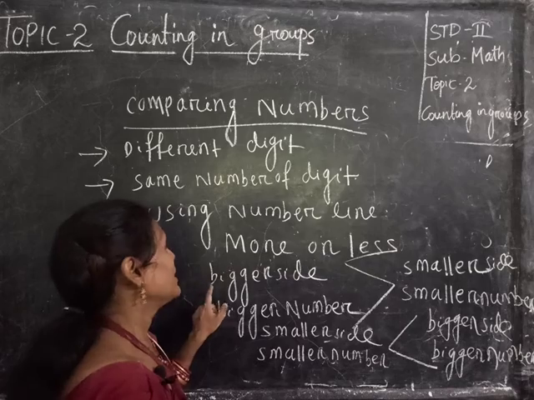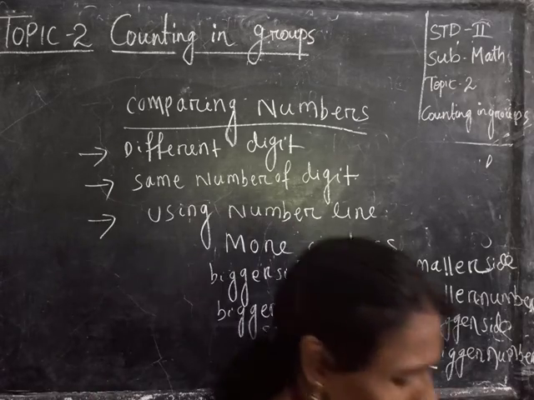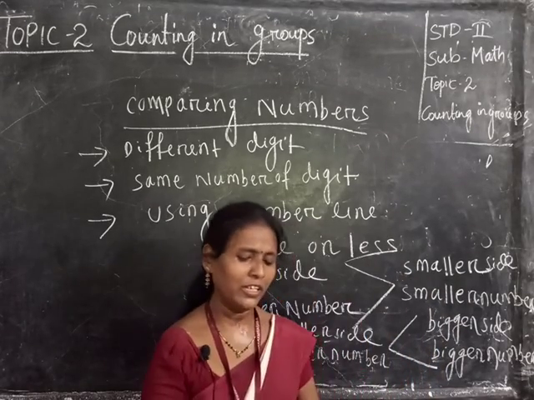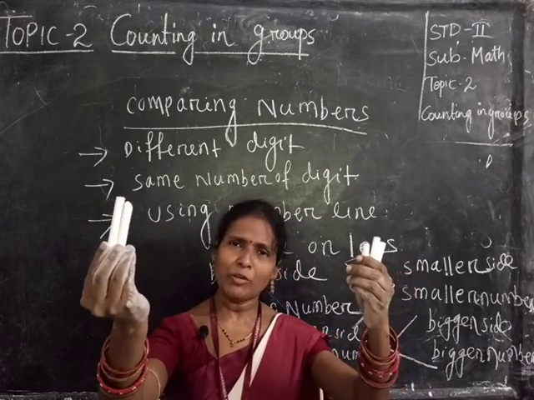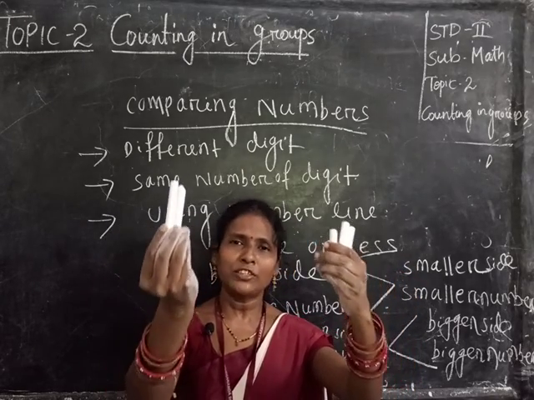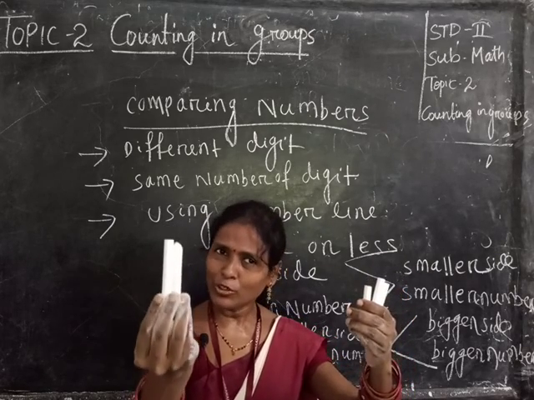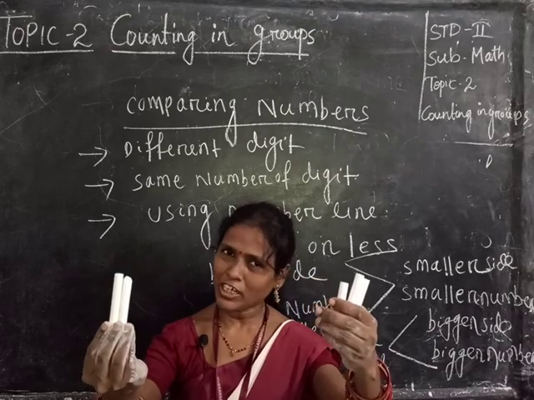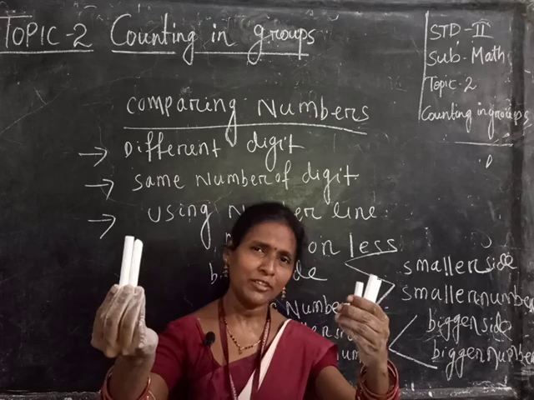Okay, so this is for comparing quantities. Now I want to discuss by showing some examples. Let us see. Here I am just holding it. I am showing how many hands? 2 hands to you. One is your right hand and another is your left hand. In my right hand, how many chalks are there? 2 chalks. But in my left hand, how many chalks are there? 3 chalks. So tell me, students, which one is more and which one is less?